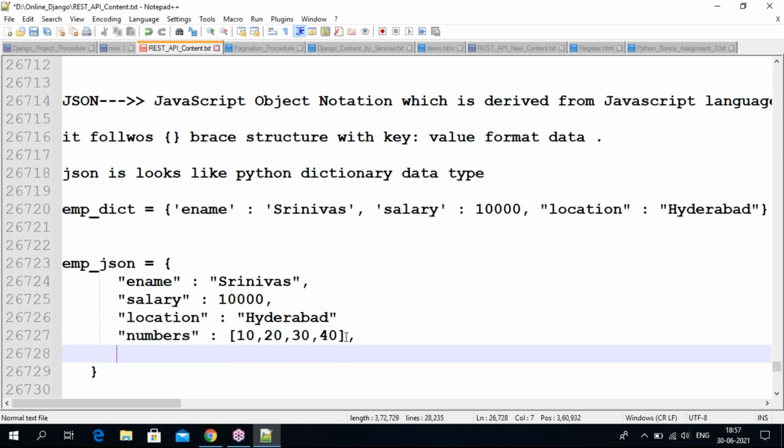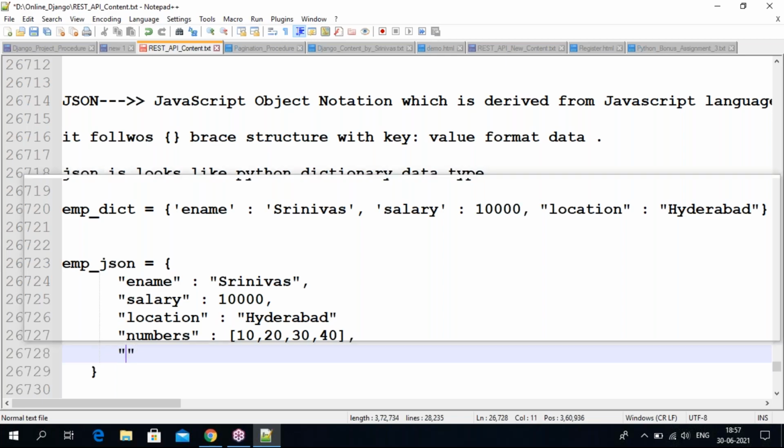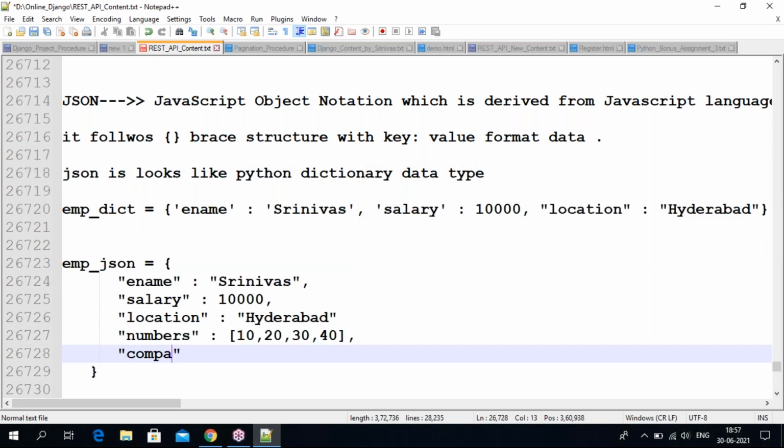Next, guys, company information. So company information, I want to take it. Again here company information within the curly brace. Okay, so company information, I want to create in object format, guys. Object format.